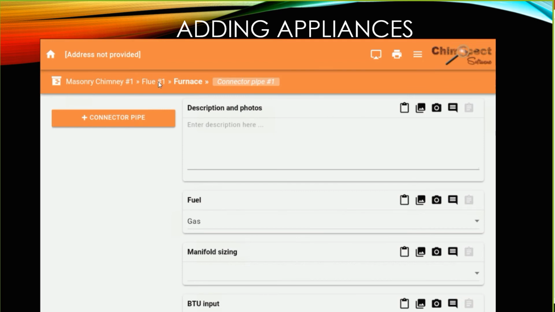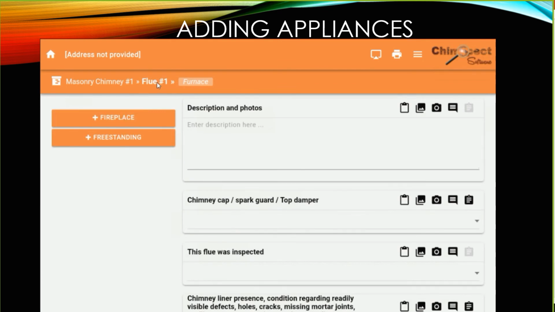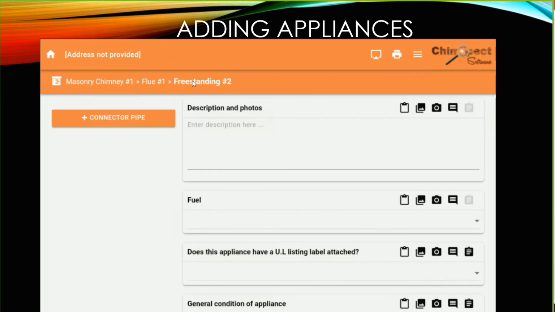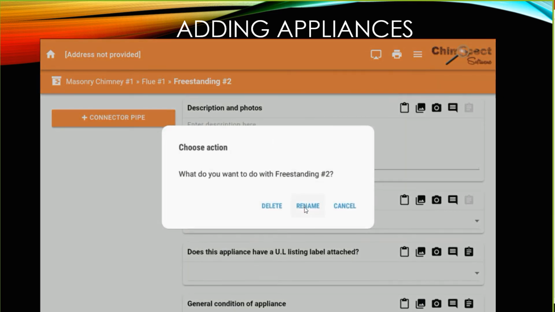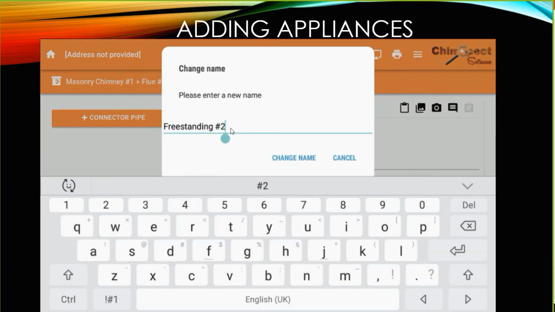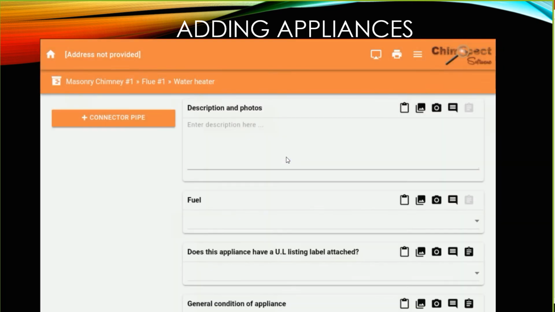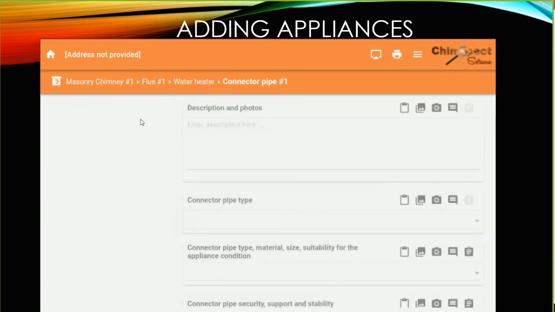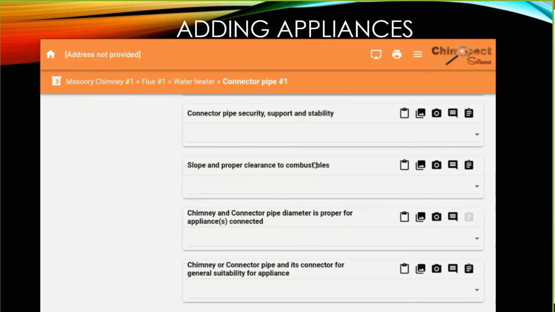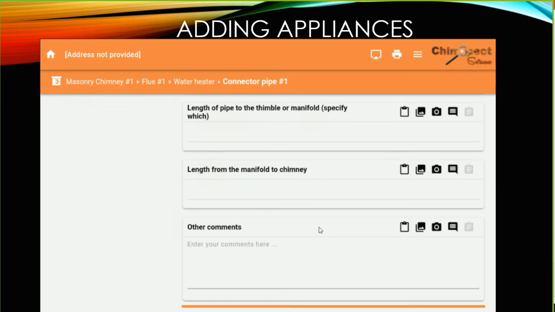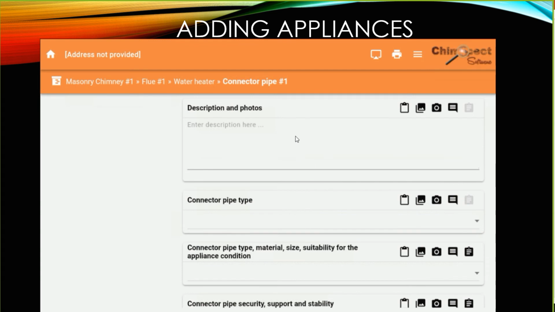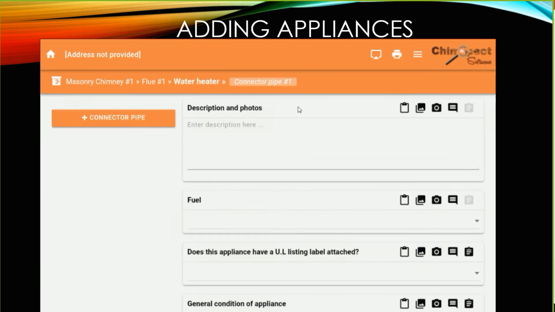Now let's go back to the flue, and let's add another freestanding appliance. Let's rename this freestanding as the water heater. We'll change the name. Again, we need a connector pipe, and everything that you would need to check on the connector pipe is in this menu. Again, go back to the water heater. I always recommend that you take a picture of the water heater